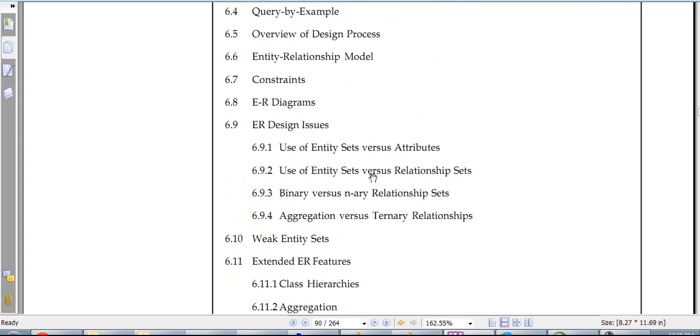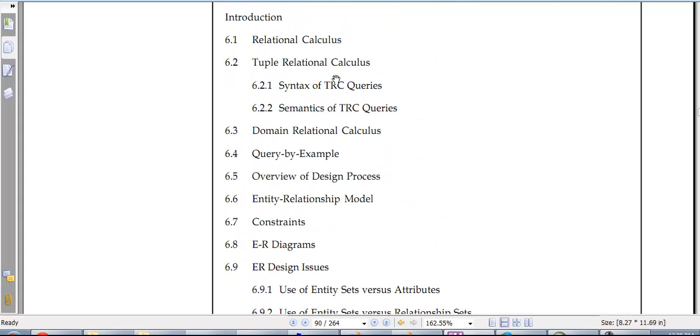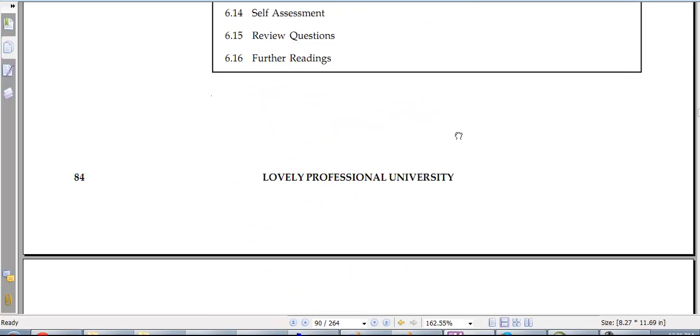So the end goal of this chapter is to start with relational calculus, tuple relational calculus, domain relational calculus, query by example, and then slowly move into the design process, which is the entity relationship modeling, where you want to really create a structure where you can understand how data is coming into your system and how to store that,